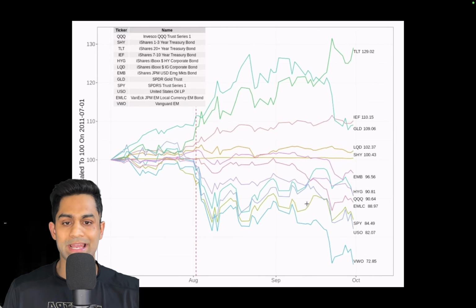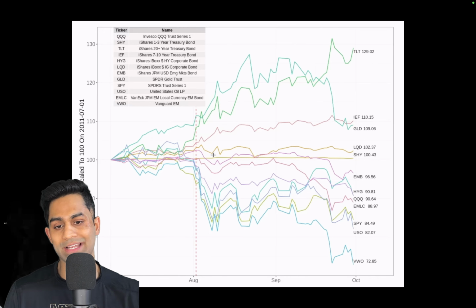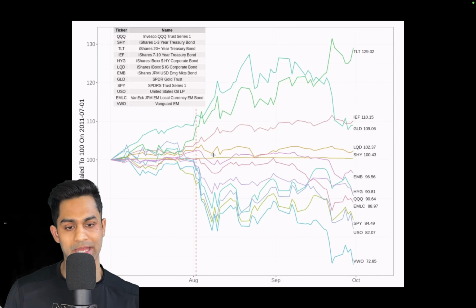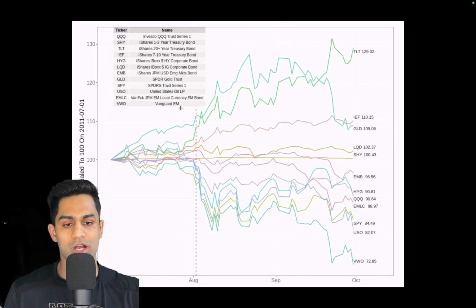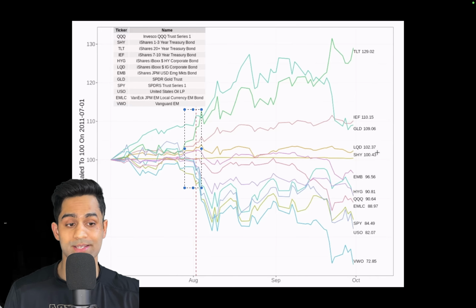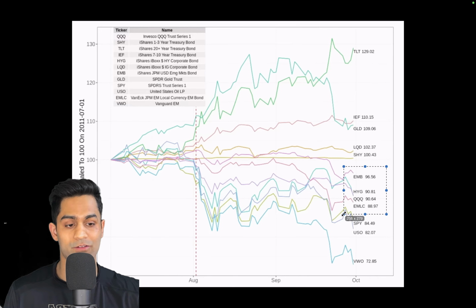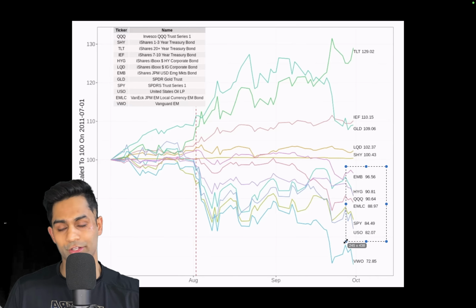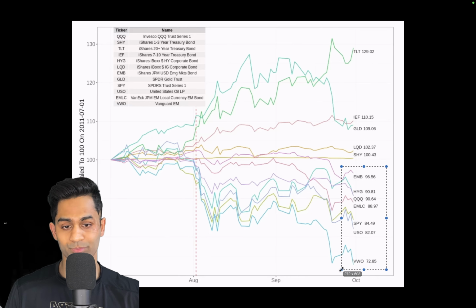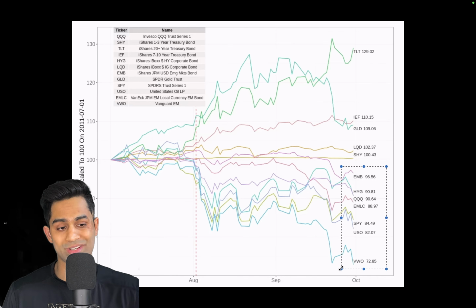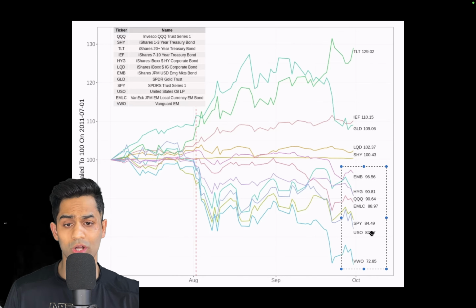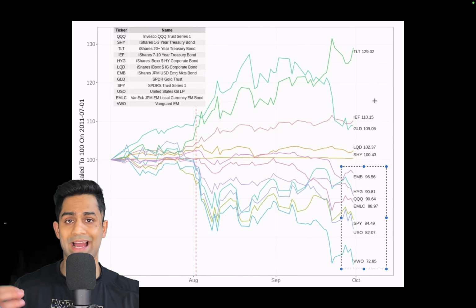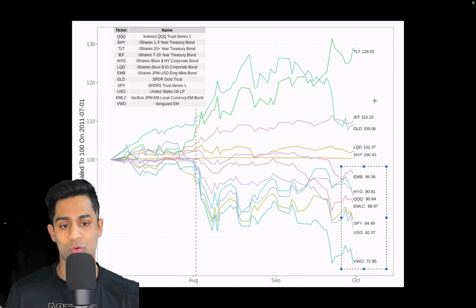Now, this right here is a representation of what actually ended up happening in 2011, when the ex-dividend date was fast approaching, and at the last hour, the U.S. raised its debt ceiling. So what really happened was we did see some riskier assets, the S&P 500, the NASDAQ, the U.S. oil fund, Vanguard emerging market funds, some of the riskier ETFs and high yield corporate bonds as well. All of them sold off, and the ones that actually did well during that time, ironically, were